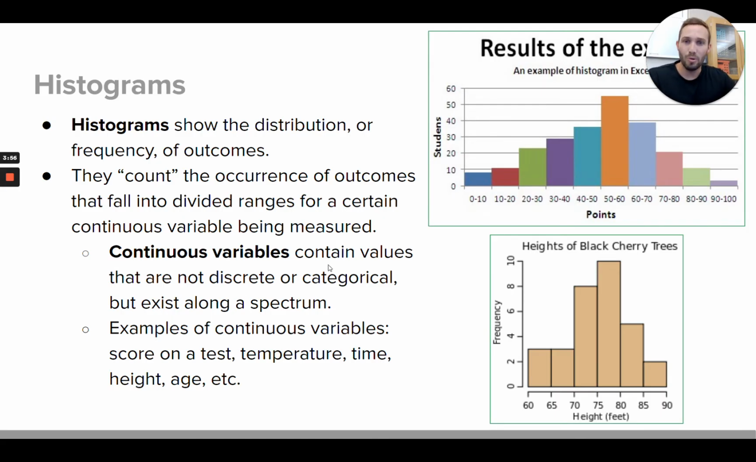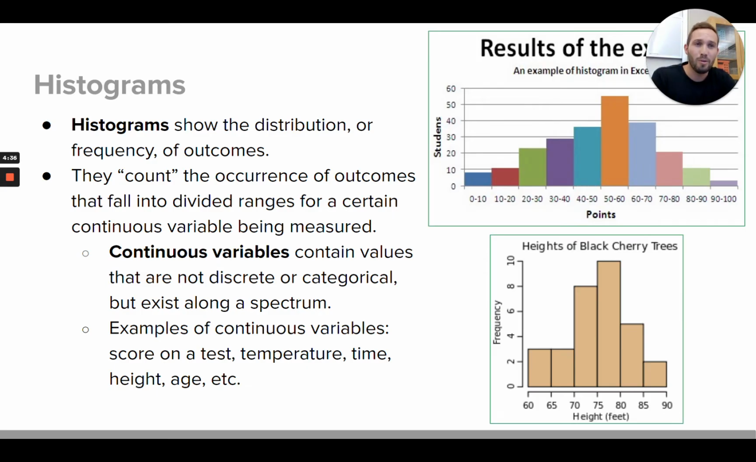So a continuous variable contains values that are not discrete or categorical, but exist in an infinite spectrum, basically. And so, for example, some examples of continuous variables would be like your height. Your height can be measured, let's say, in inches. And every height exists, and every measurement of inches exists. And so you could be 60 inches tall, or 61 inches tall, or 60.235 inches tall. Like, it's a whole continuous spectrum of values within that